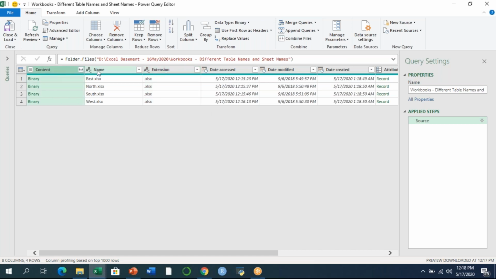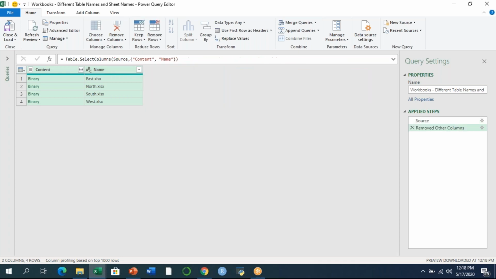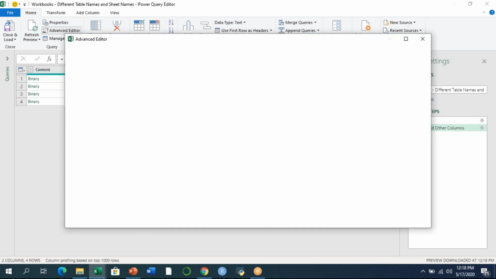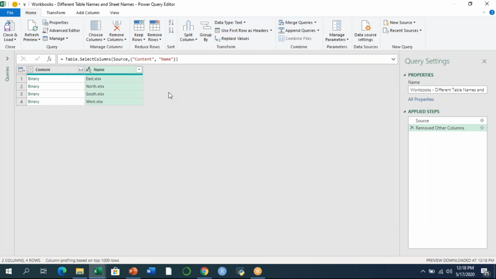So what I will do is I will select the content and the name column, and I will right click on this. In this contextual menu, I will click on remove other columns. So all the columns other than content and name have been deleted. And you can see that in the Power Query on the right side, all the steps will be recorded, and you can cross any of the steps, or you can go to the advanced editor to find out the M language code as well. Now what the second step says is I need to add an M language code,